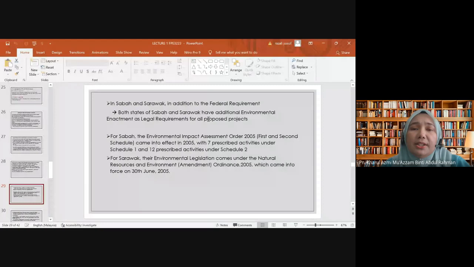Okay, in Sabah and Sarawak quite different because there are additions to the federal requirement. Kerajaan negeri dia ada sedikit requirement. Both states of Sabah and Sarawak have additional environmental enactments as legal requirements for all proposed projects. Sebab tu macam Sabah dan Sarawak kita tak boleh sewenang-wenangnya nak buat, sebab kerajaan Sabah dan Sarawak dia ada special pula addition federal requirement oleh kerajaan di sana. Okay, for example, for Sabah, the Environmental Impact Assessment Order 2005, which we call it as